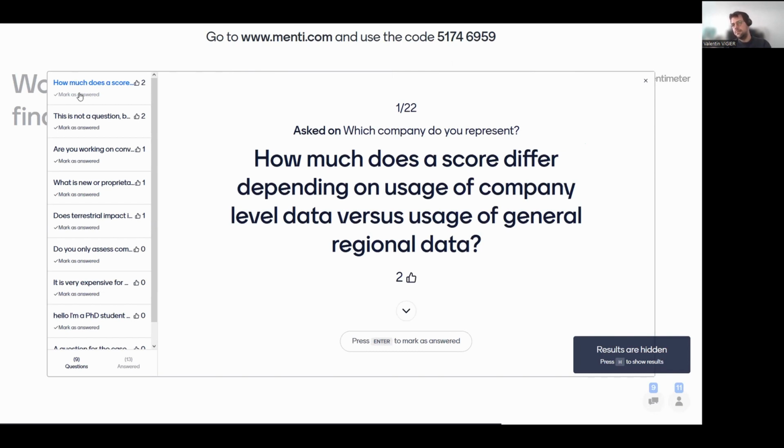So yes, there is a difference in the GBS when we use general regional data and financial data. We can do what we call a screening of impacts. So we estimate the impacts with this general data. So it gives you an impact regarding your sector and your industry sector. So it's a very generic assessment. And if you do the full